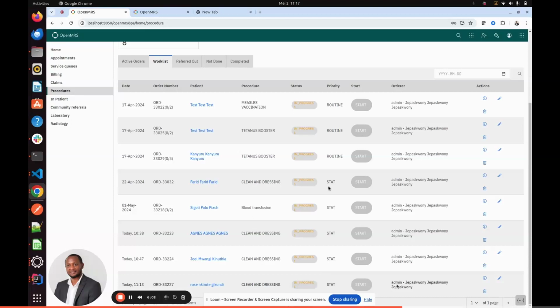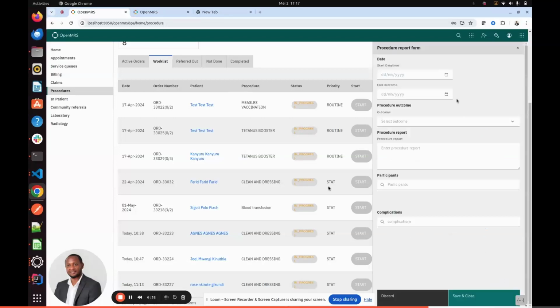The operation is going on. So that was the idea. It is currently not functional. Maybe it's something that we can think around together and see the best way to handle that. For now, the provider is provided with a way to enter the results after the procedure is done. So this icon here